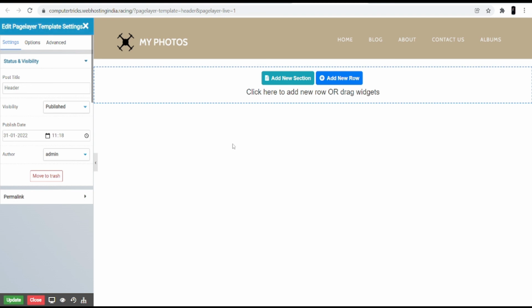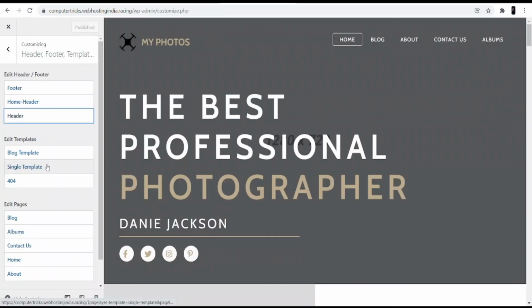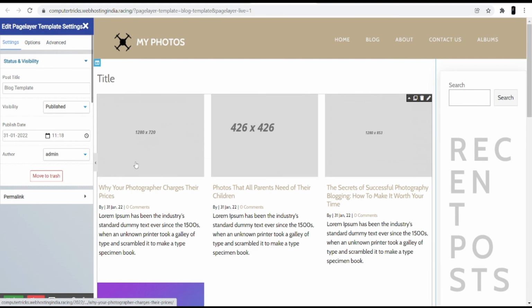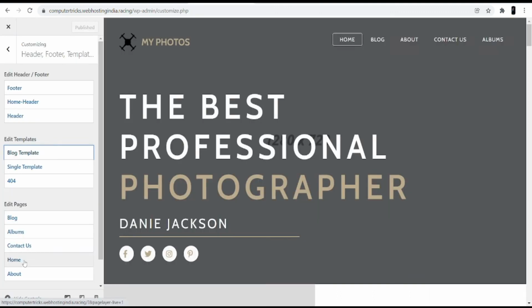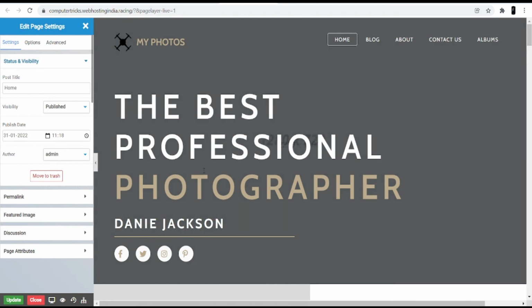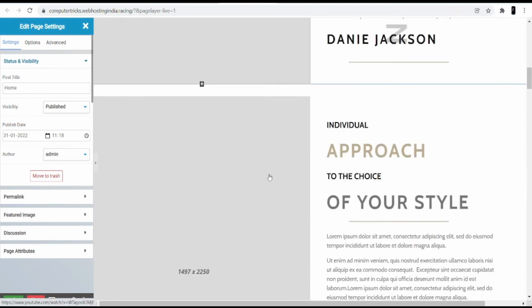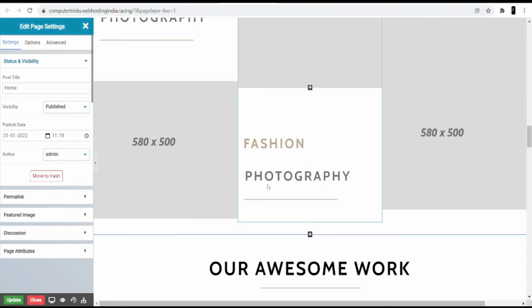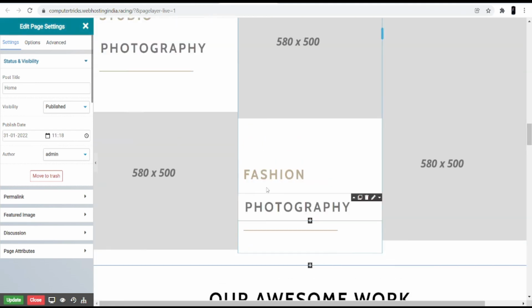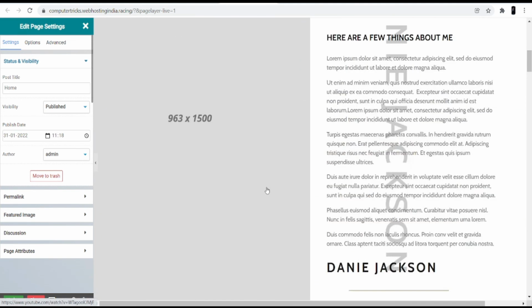Next, you can change the title, add a new section. Also, you can change the template according to your needs. If you want to make a change to the homepage, then you can click on this and you can see it's preparing the interface for the homepage. So from here, scrolling down, you can change this image or anything else you want to customize in your website. So guys, I hope it will help you to start your own photo gallery